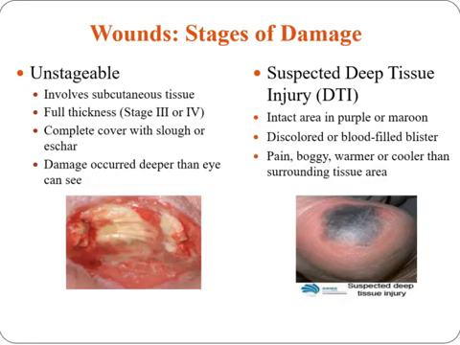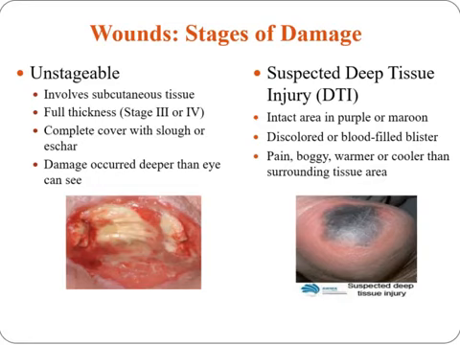Okay, unstageable. So that means that we can't give it a stage based on what we're seeing. So on that picture on the left, it involves the subcutaneous tissue that's kind of getting in the way. We're still talking full thickness. Most times unstageables are stage 3 or 4, but it's covered with slough or eschar that's preventing us from really seeing. So the damage is actually deeper than what the eye can see, but there's something in the way that's blocking us from seeing it, whether that be some slough or eschar or